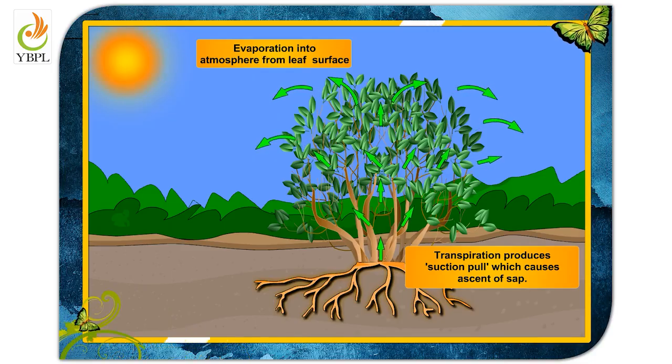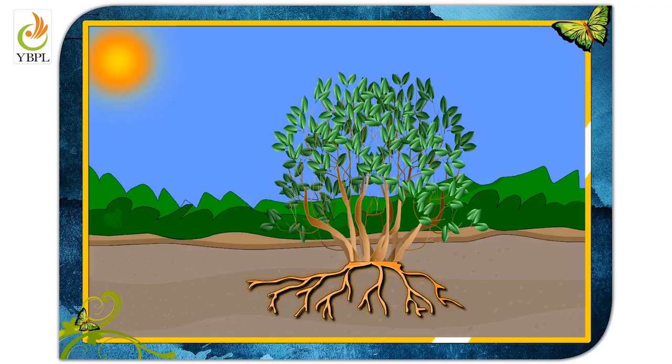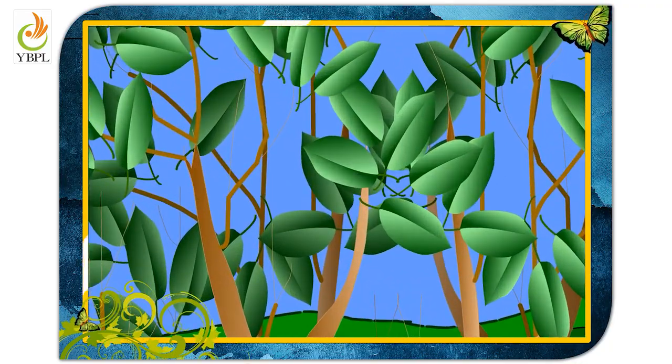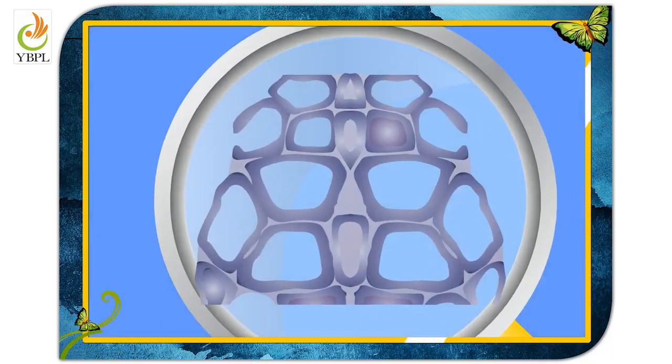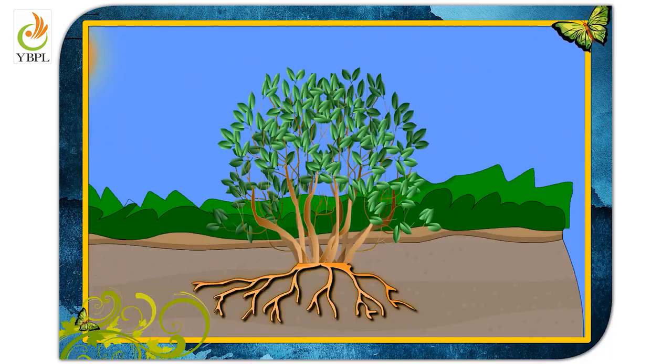Plants lose extra water in the form of water vapor by the process of transpiration. A suction pull is produced that pulls water from the roots upwards to great heights. This upward movement of water and minerals in a plant through the xylem vessels is called ascent of sap. The food produced by the green leaves is transported to all parts of the plant by the process called translocation. Translocation takes place with the help of the phloem tissues that form a continuous network of channels connecting the leaves to different parts of the plant.